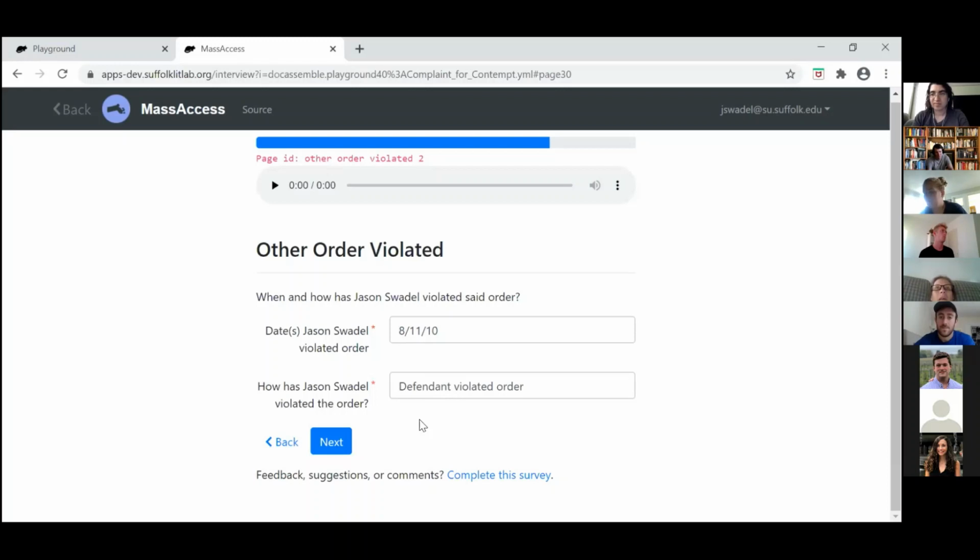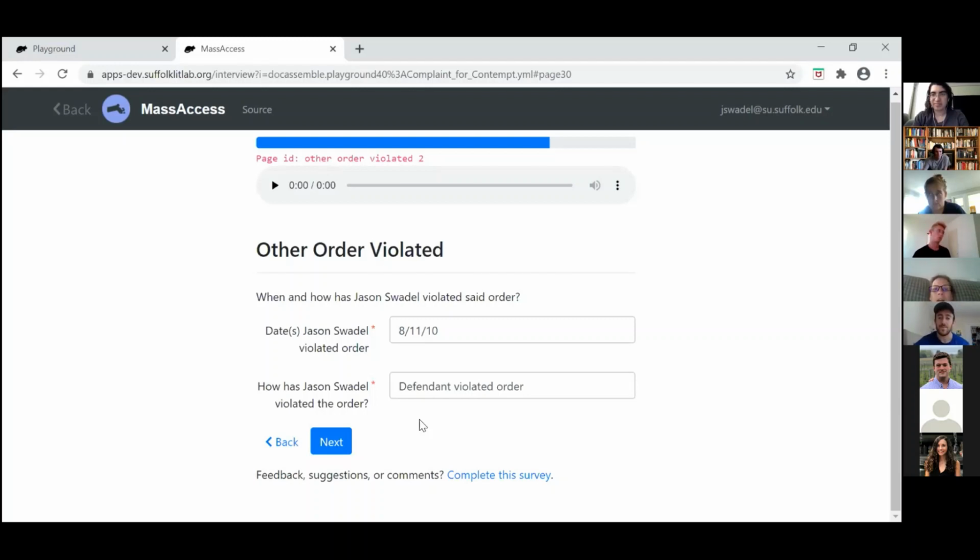So in the other section, there's a date. And lawyers always like to do "on or about," even if you know the precise date. So you could start your text with "on or about." Your open text would be the first one.